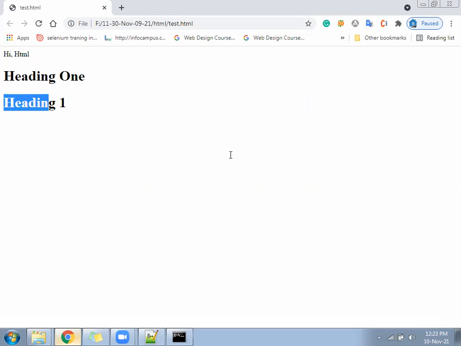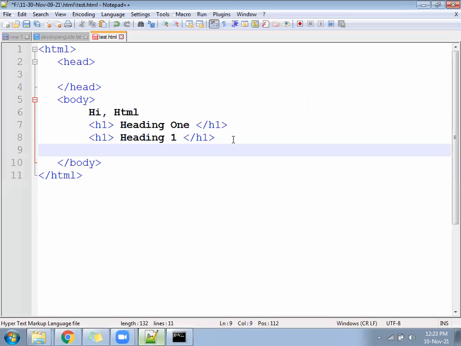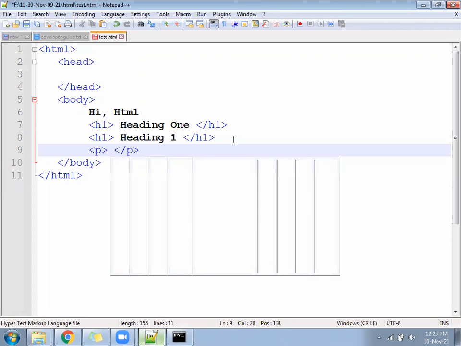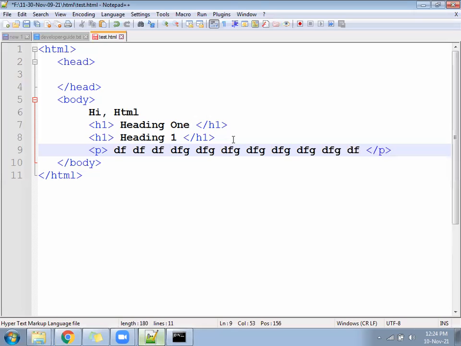Come next to this file, okay? Let me write some more tags. Keep a paragraph, just random. Definitions and all we are going to write in the next example. Paragraph tag, one text we have written, ABCD. Write one paragraph. I'll guide you to one shortcut key: P tag open close. Write inside ABCD, ABCD. So P tag open close, ABCD you have written inside.